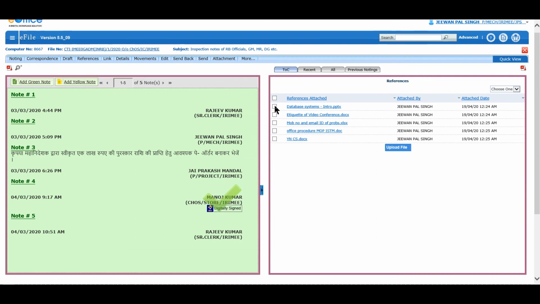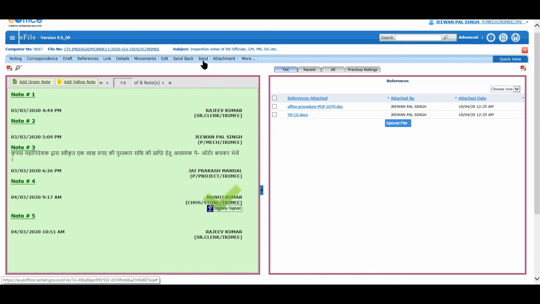If needed, these files can be deleted prior to sending the e-file to any recipient by selecting the files and clicking Delete from the drop-down menu. It will prompt for confirmation of deletion.